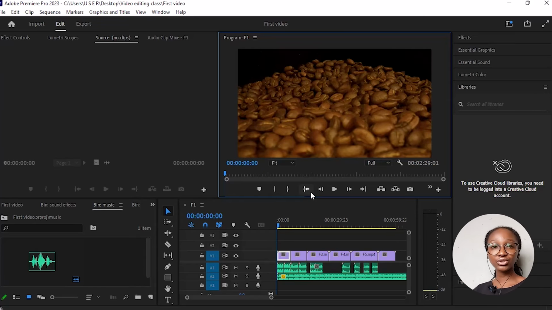So when you add your transition, it makes the move from one video clip to the next more smooth. We'll be talking about how you can add transitions to your video, how you can add your text to your video, and also how you can add your transitions to your text. So stay with me. So last class, in the last module rather, we've arranged our footages,